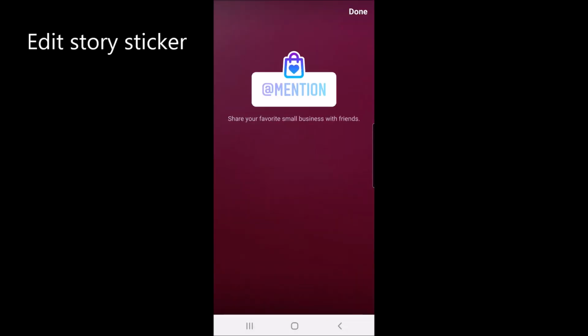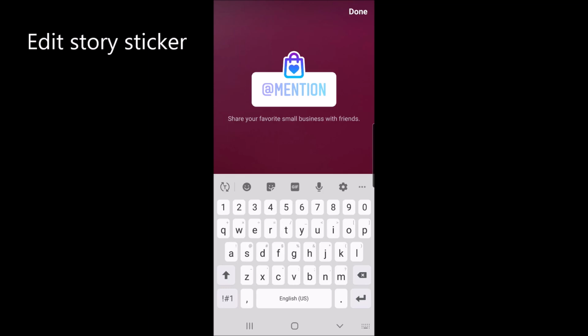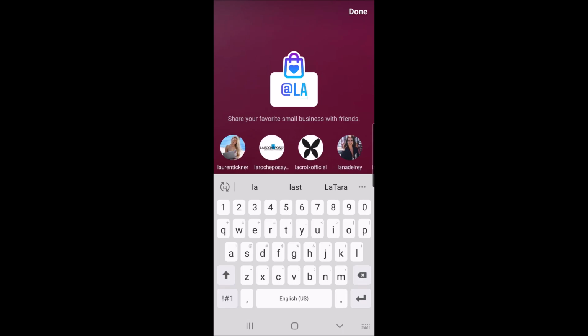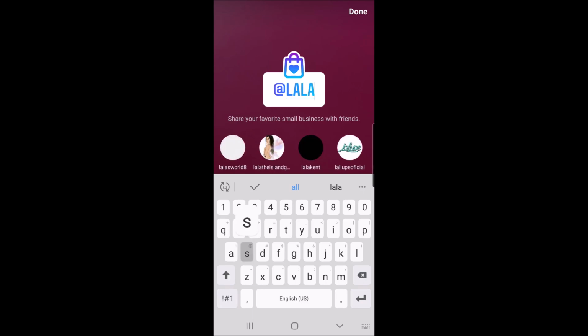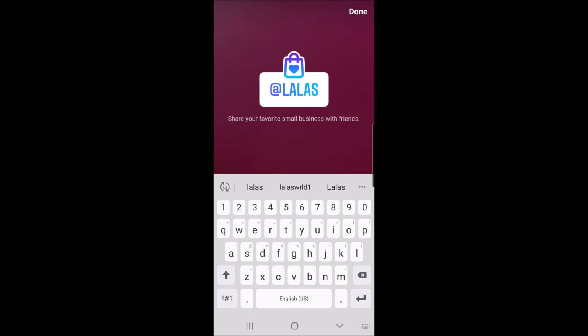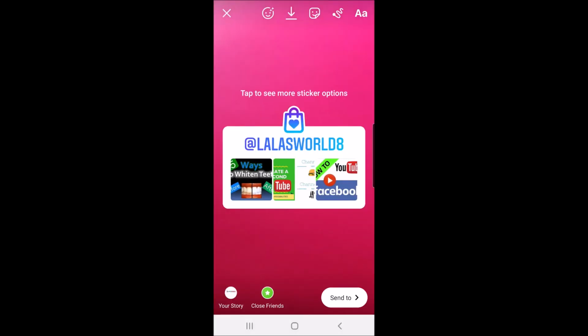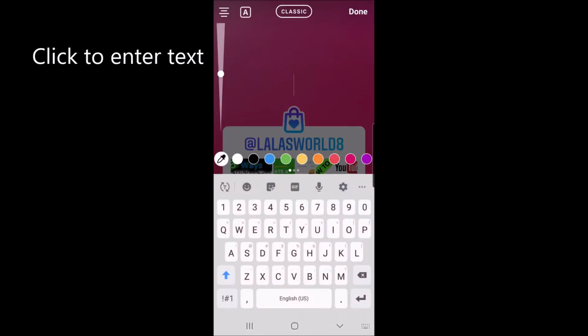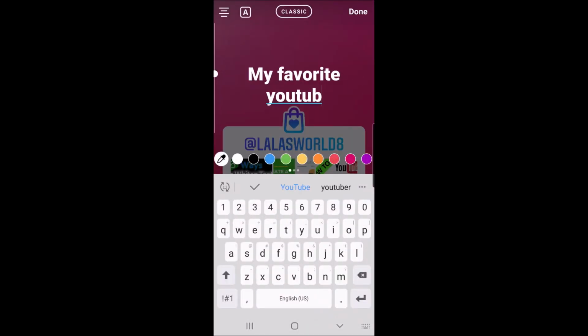Next, you edit your story sticker by clicking after the symbol and typing in the Instagrammer you want to support. For example, you can type Lalas World and profile pictures will populate, and you can select the profile picture you're looking for and then click to enter text. I'm just going to enter my favorite YouTuber, then tap to drag and to move my